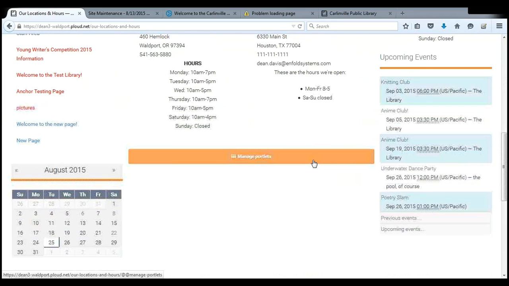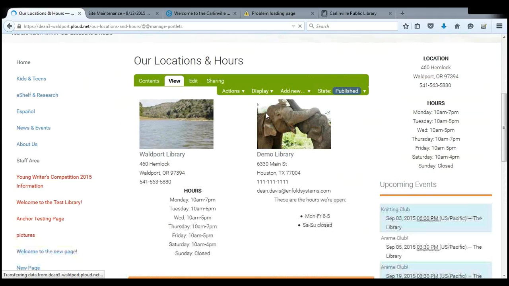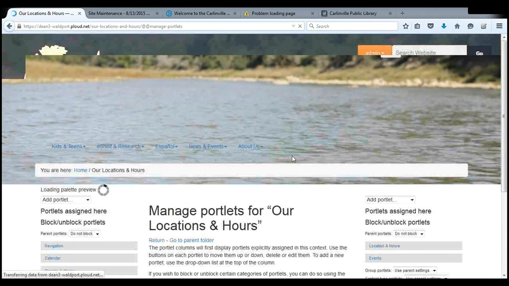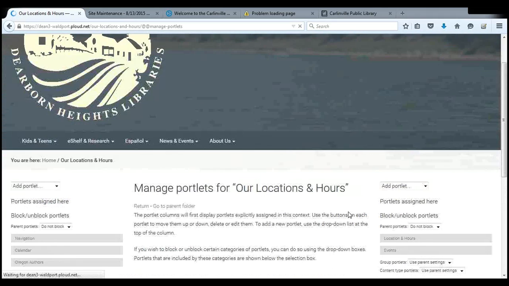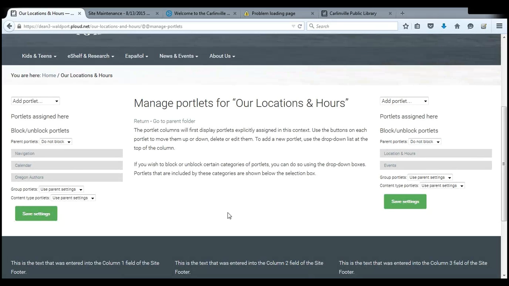And then let me show you real quick. These library locations, you create those, and then you can add them to a portlet. If you go to the Manage Portlets option, in the button at the bottom middle of your screen, and you go to Add Portlet, you have a new option here called Library Locations. And when I click on to add one of those,